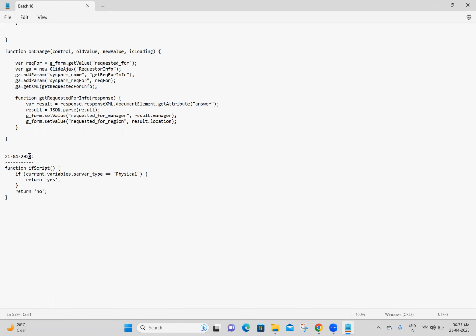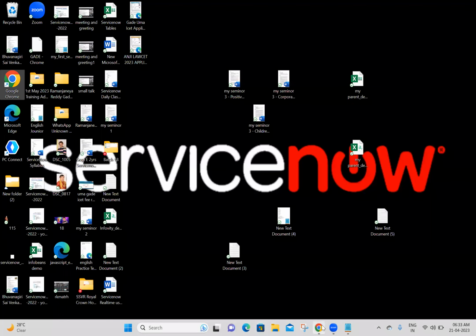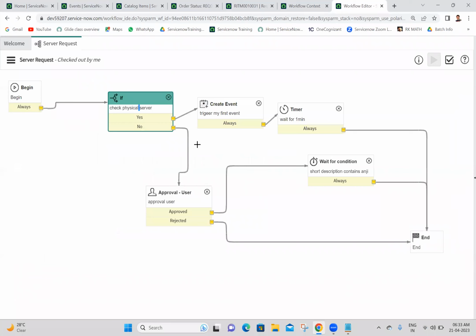I'm saving it. Next. We have seen the wait for condition activity, and we have also seen the if activity and timer activity. Okay. So finally, this activity should be like this. Next,